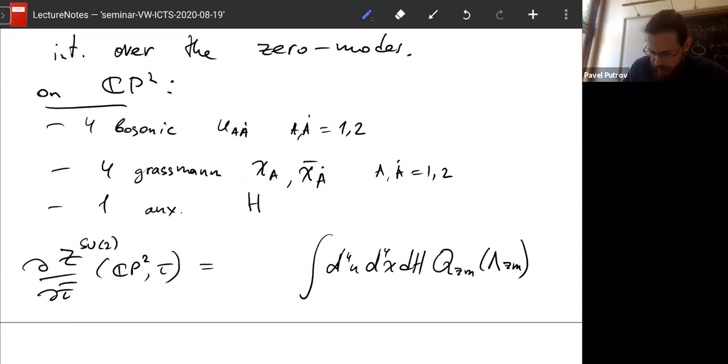We just restrict them to zero modes. So we restrict the supercharge to the zero modes, this lambda to the zero modes, and the action restricted to zero modes. And okay, there will be some overall numerical factor, and